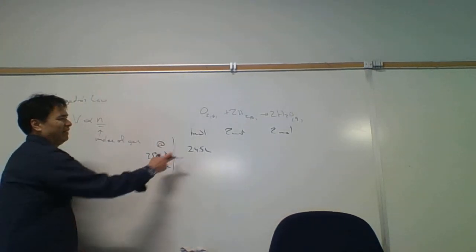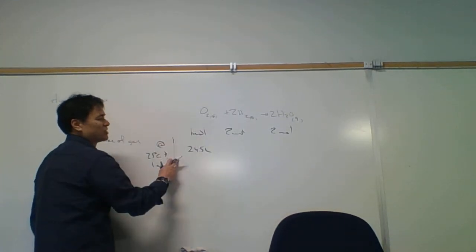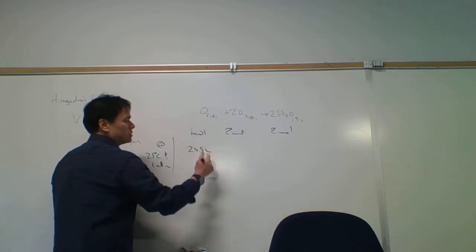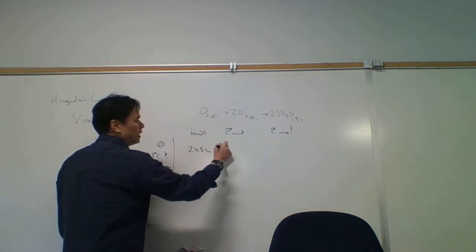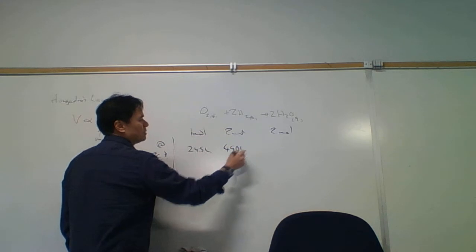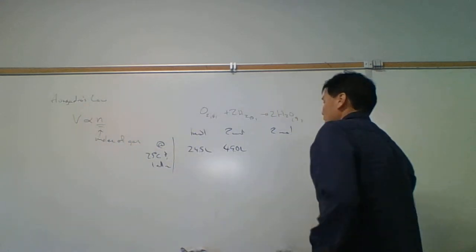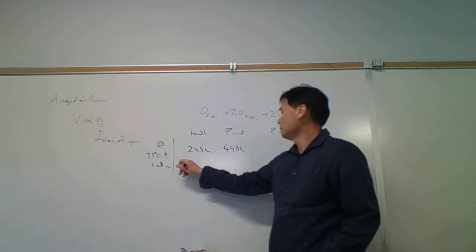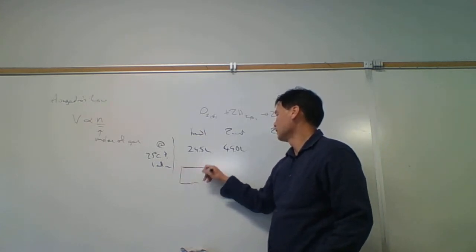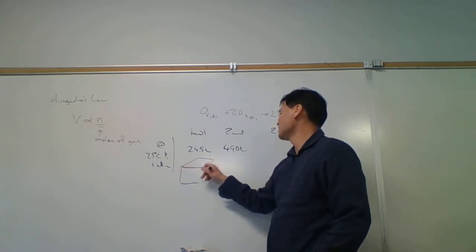So if I have 24.5 liters of oxygen, then I'm going to need twice as much hydrogen. So that's going to be 49 liters, 49.0 liters of hydrogen. All right, and so that would be a box like this, and a mole of gas is going to contain,